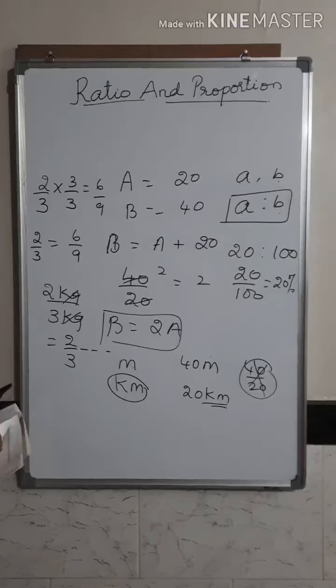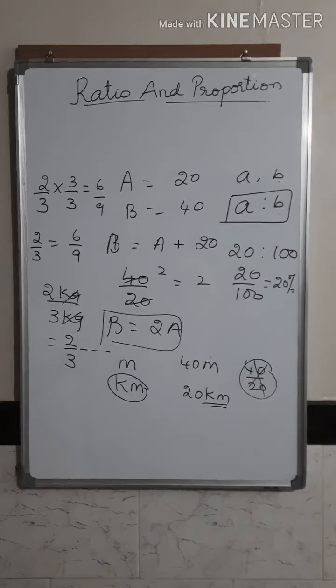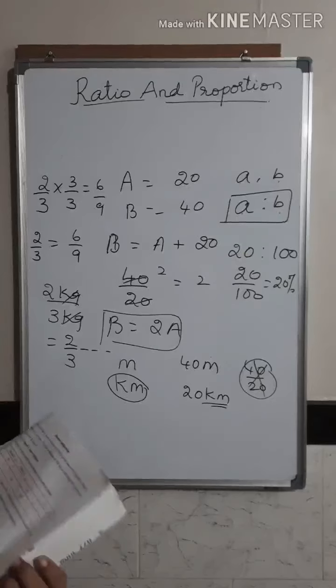Now next, in short, I'll tell you what a proportion is and the two types of proportion. Four quantities are said to be in proportion if the ratio of the first two quantities and the ratio of the second two quantities are equal. Under that you have direct proportion and inverse proportion, where in direct proportion the ratio of the two quantities will be constant, and in inverse proportion the product of the two quantities will be constant. This you have learnt in 8th standard. You can just refer to your 8th standard textbook to learn about it.